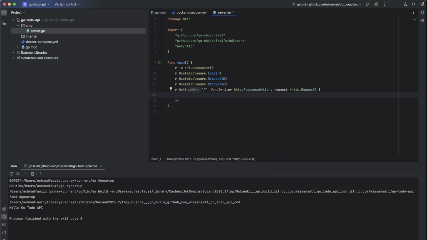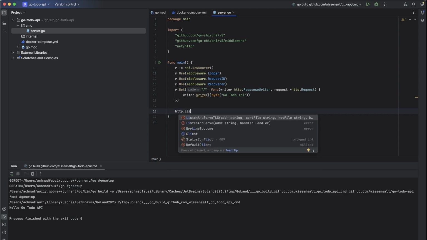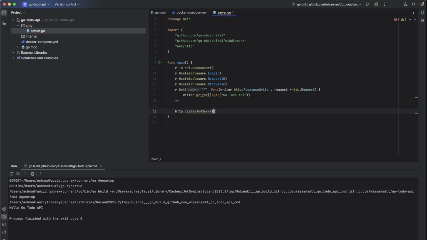Then let's just return writer.Write from byte. We will print Go To Do API. Okay, and then we will listen and serve for the address localhost 8080.